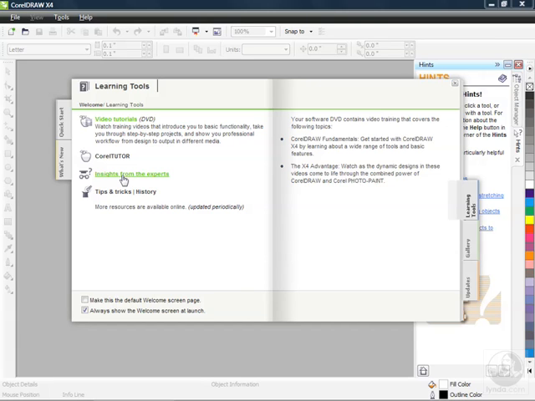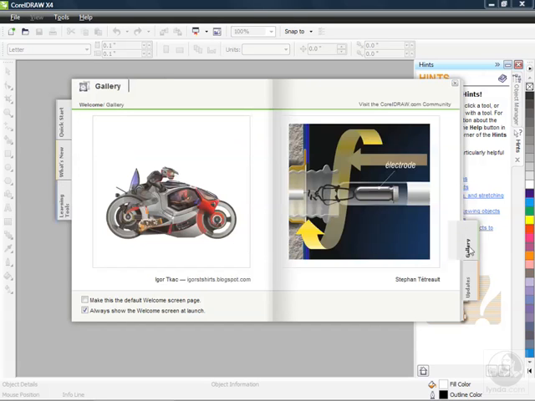Depending on how you're going to be using Corel Draw, there may be experts out there who have already done what you're hoping to do. So instead of reinventing the wheel, check out their insights. There's tips and tricks and a link to a history. So there's more resources that are available online, obviously, and they are updated periodically. You see that information right there. If we go over to the gallery, here's where you'll see some links to, for example, Igor's